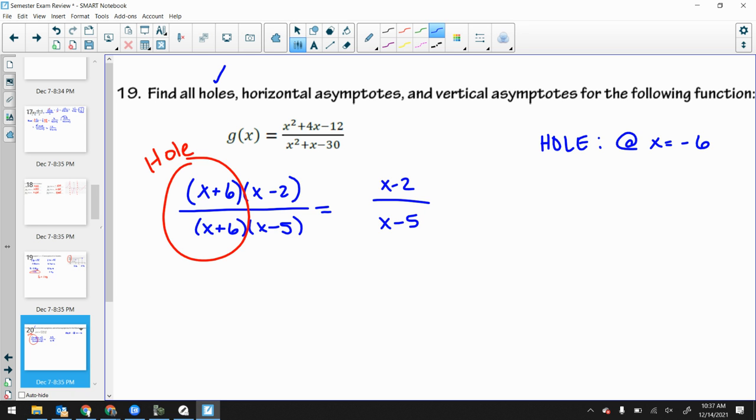Let's find horizontal asymptotes. Now this is the thing that Camille was talking about. Remember the top heavy, bottom heavy, equal thing. If it's top heavy, it doesn't have a horizontal asymptote. If it's bottom heavy, it has a horizontal asymptote at 0. If it's equivalent, you look at the leading coefficients. She got to the point where she said, I know that they're the same, but what does that mean? You just divide the leading coefficients. So since it's 1 over 1, the horizontal asymptote is at y equals 1.